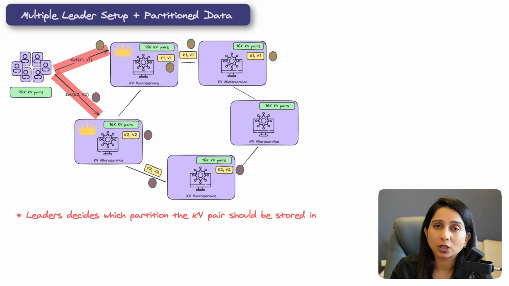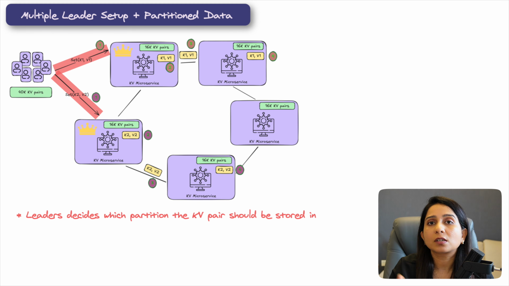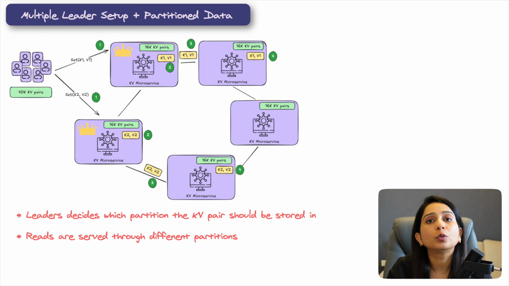This is where concepts like consistent hashing come into the picture, where it has to be decided where a particular request should be routed to. So that's how the request is routed to different partitions, and then the data is replicated depending on different replication factors. When it comes to reading, the reads are served again through different partitions, because your data might not be available in all the machines in the system. It might be available in a particular 2 or 3 or n number of instances, and through the key you would know where the request should be routed in order to fetch the data. So this happens in the case of a multiple leader and partitioned data setup.